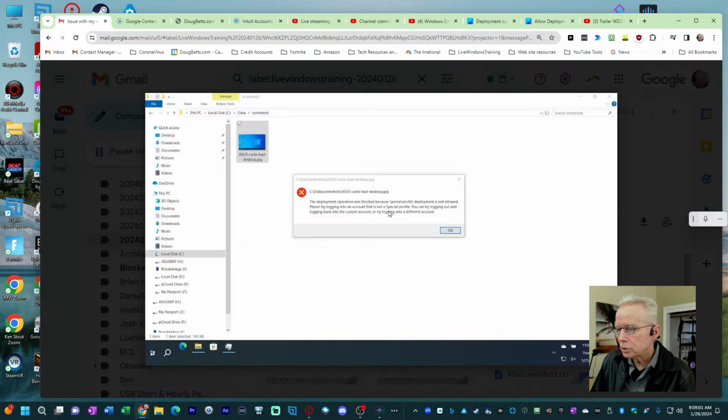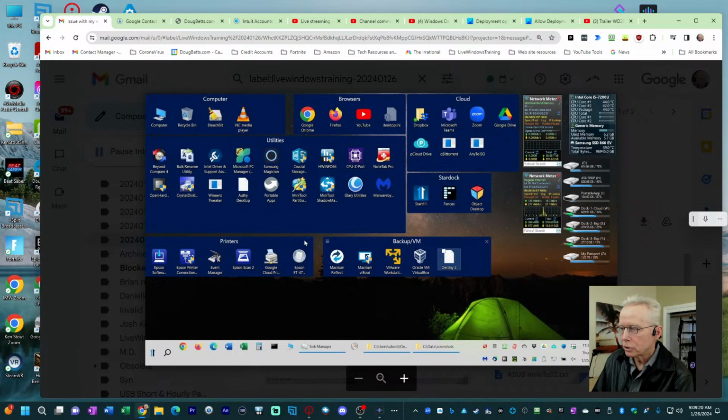Please try logging into an account that is not a special profile, such as Carla's profile, but it wants you to log into Carla's profile successfully. You can try logging out and logging back into the current account. It's not going to work because there's something wrong with the Carla profile. Or try logging into a different account. Then here he's just showing us an